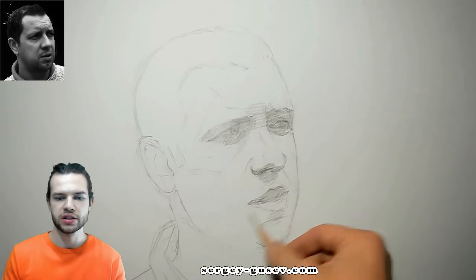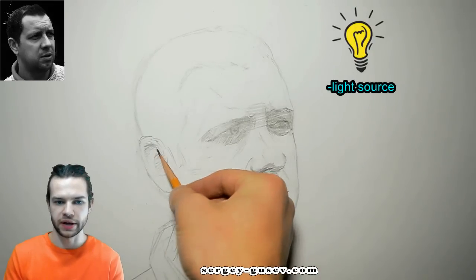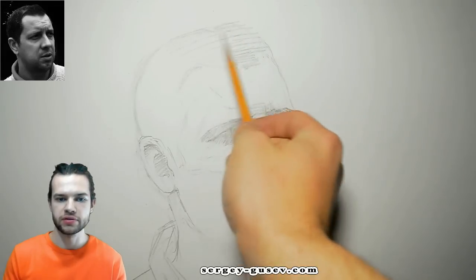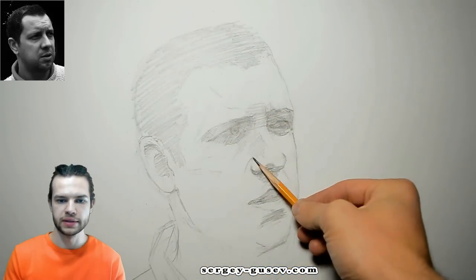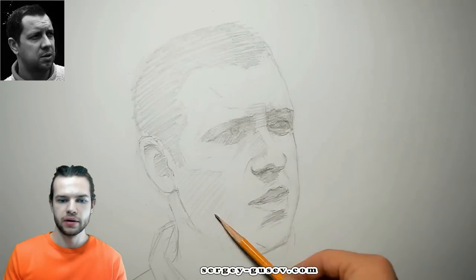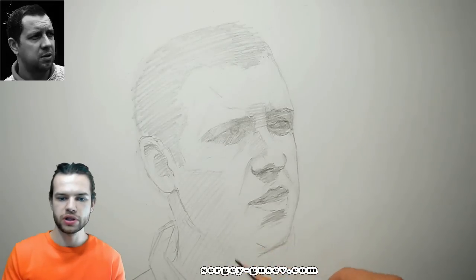When you start shading, you have to remember about the light source. It's very important, and a lot of beginners forget or they don't know. And so I tell you, just always keep in mind that there is a light source, and it's really important to understand where the light comes from. So usually it comes from above,